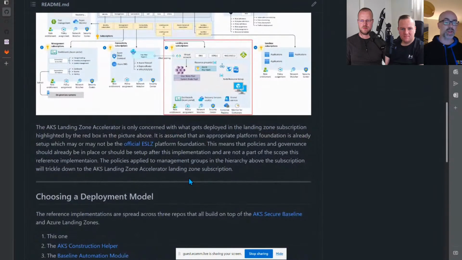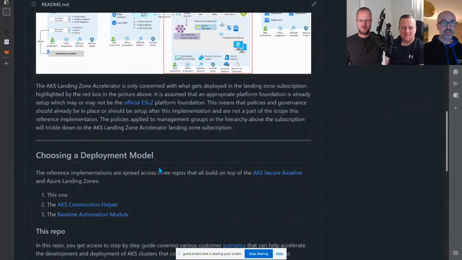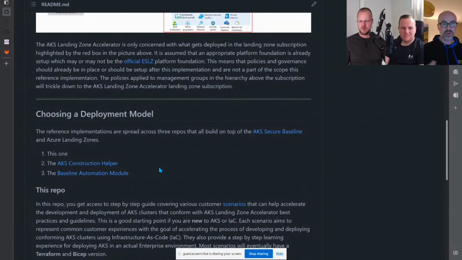So it's not just about, let's deploy a cluster, let's do this. There's some really good content in there about backup. So if you're going into running stateful workloads, you want to back them up, there's some great scenario stuff in there. The folks are just about to publish some content on Windows containers. So again, there's loads of scenario stuff in there around Windows containers. And that's coming through. So it's almost a collection of different pieces.